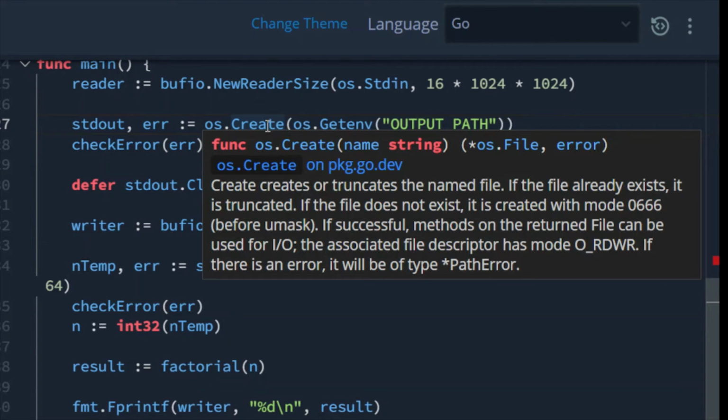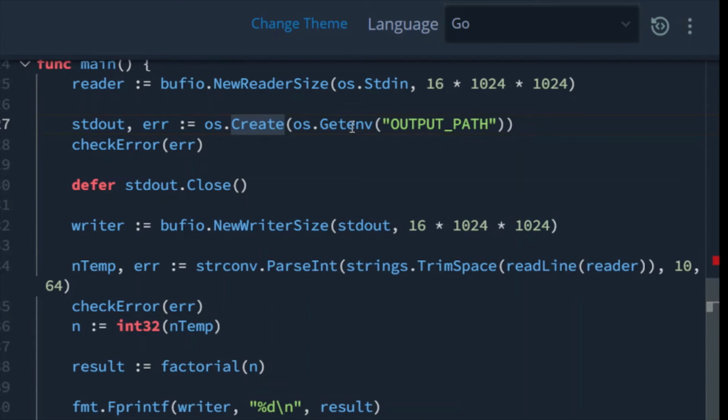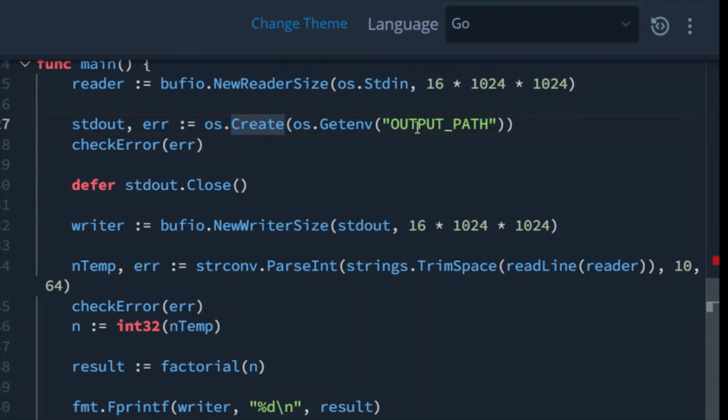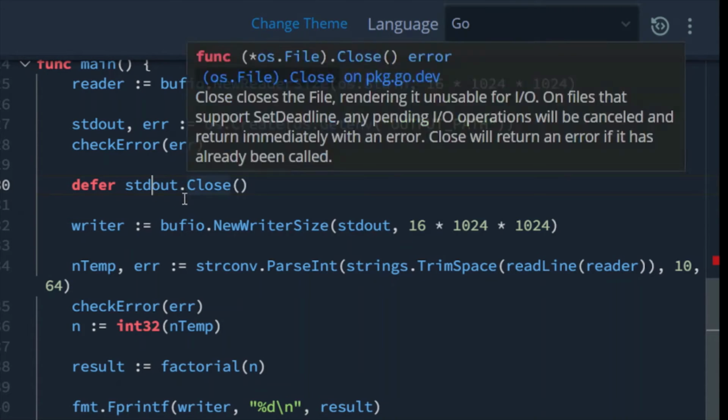This function gets the environment variable with this name, and that variable has a path. Once it creates a file, it checks for errors. If there is no error, it will go on. The defer makes sure it closes the stdout when you are done with it.